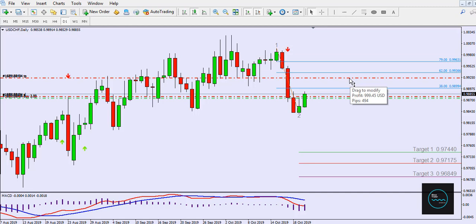So I decided to place my target profit in the region of the 55%. I think it's even less than the 55%, but I decided to place my profit target there. Now, bear in mind that as far as I can tell, this is a counter trend. And if you do not understand this 55%